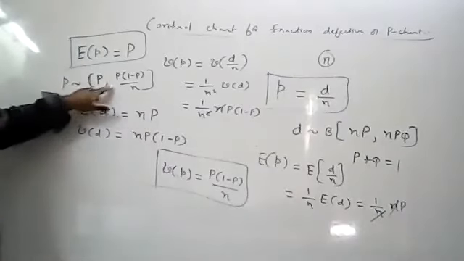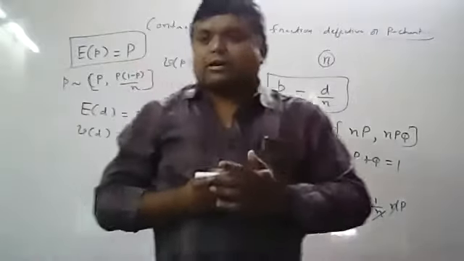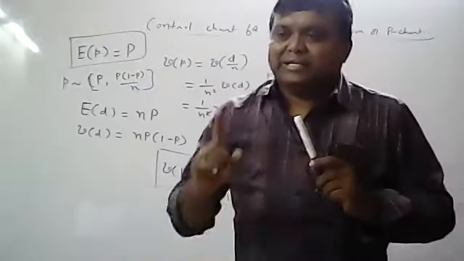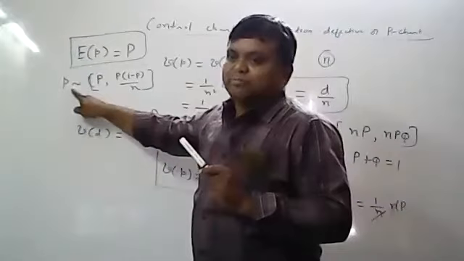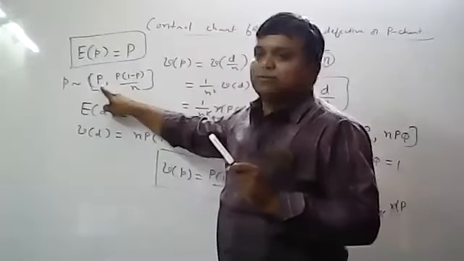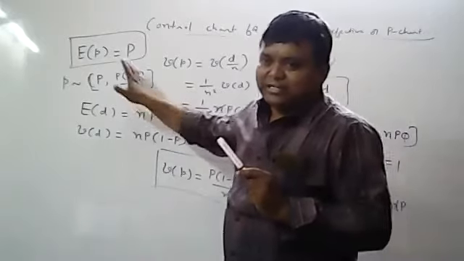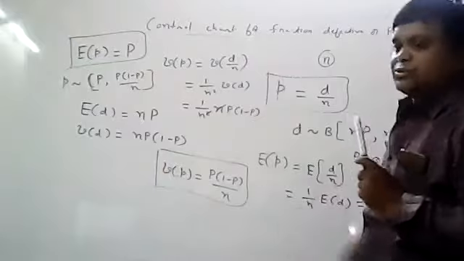Why do you require these values? All of you know the control chart formula. What is the control limits formula? Expectation of t plus or minus 3 into standard error of t. t is the P chart you are constructing, and in place of t you substitute small p. So you have to identify the mean of small p and the variance of small p. Then only can you calculate the standard error. That is the reason I have calculated all these values. I hope all of you understood this.